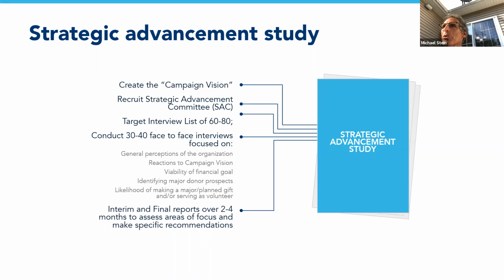So we do what we do when we have to, to get things done. I've done studies with 15 interviews, and I've done them with more than 40 as well. But in general, that's the number of interviews. And those interviews focus on asking typically people who are donors or would-be donors, people we would like to be